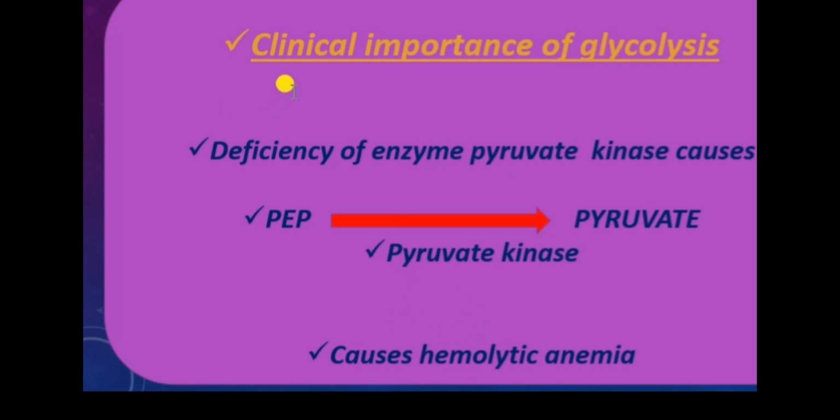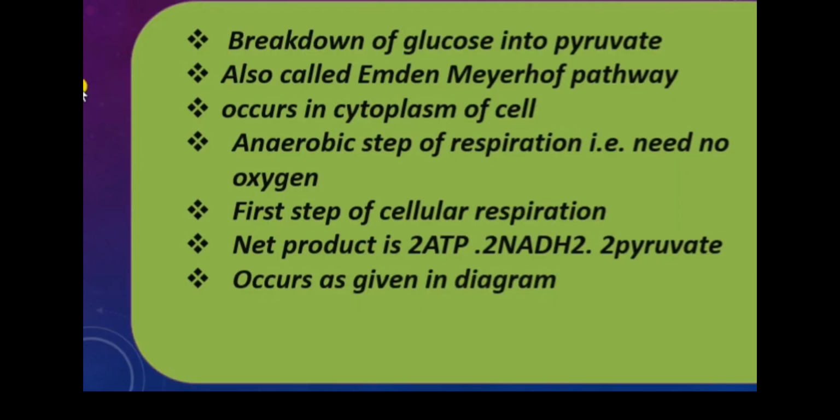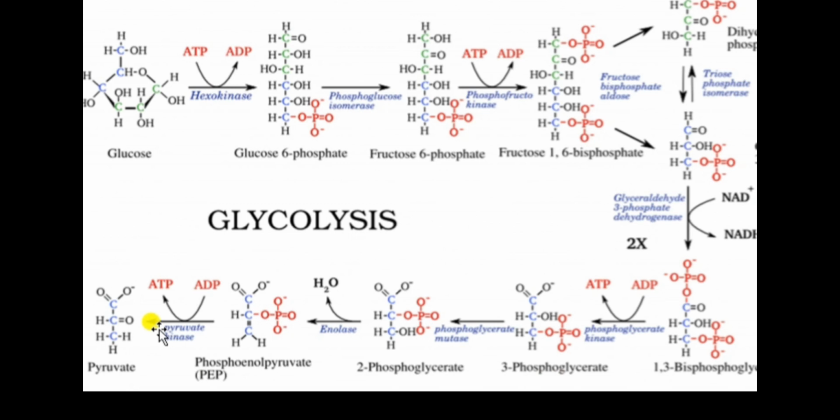Here I complete the discussion of glycolysis. Let me revise it. What was glycolysis? Glycolysis was actually the breakdown of glucose into pyruvate molecules through a series of reactions, in which glucose was converted into 2 pyruvate molecules, and this occurs in the cytoplasm of the cell, and it yields